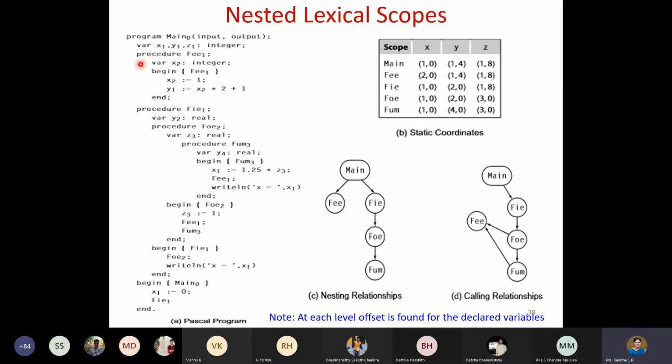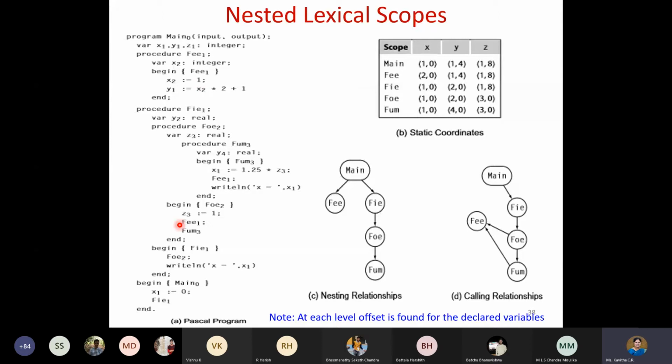Okay, and coming inside, within main, what do we have? We have one procedure called P. So that we have some declaration inside, and also we have the begin and end for that, and the body of this FEE is present here only. Okay, so this is one procedure, that is FEE. And we have another procedure, say FIE. Within that also some declaration is there. Within that another procedure is there, the declaration of the procedure, declaration of the variables. And within that another procedure is there, say FUM, declaration of that, and the body of that, and so on. Like this it is present.